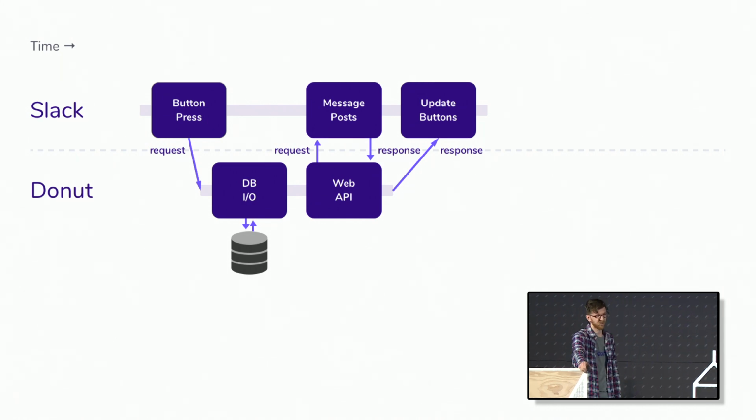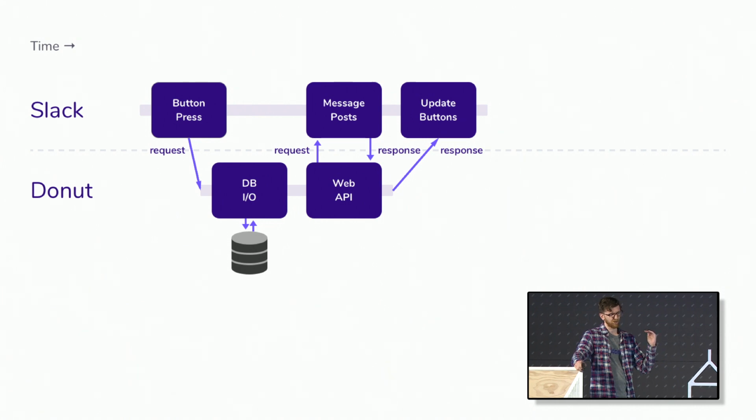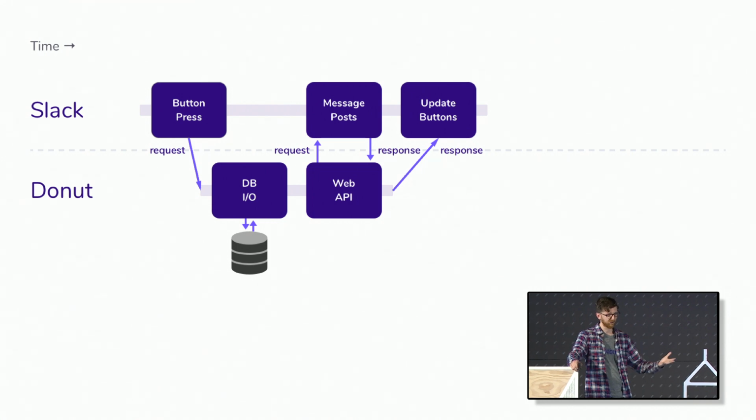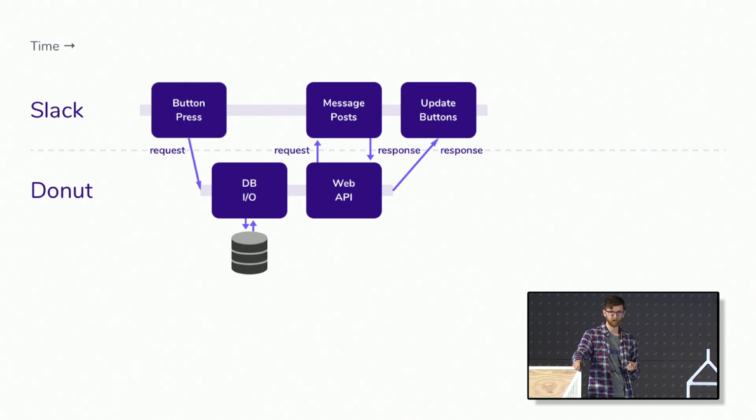And so what we have here is a timeline, starting with the click of the button, and on top we have the Slack domain, the Slack client, and its servers, and on the bottom is the Donut servers. So the first step here is a button gets clicked, the request gets sent over to Donut, and then we're doing a number of things here. We're going to the database, right? We're loading that meeting record from our database, and then we're also updating it to save the button click, right? So that's a couple queries to our database.